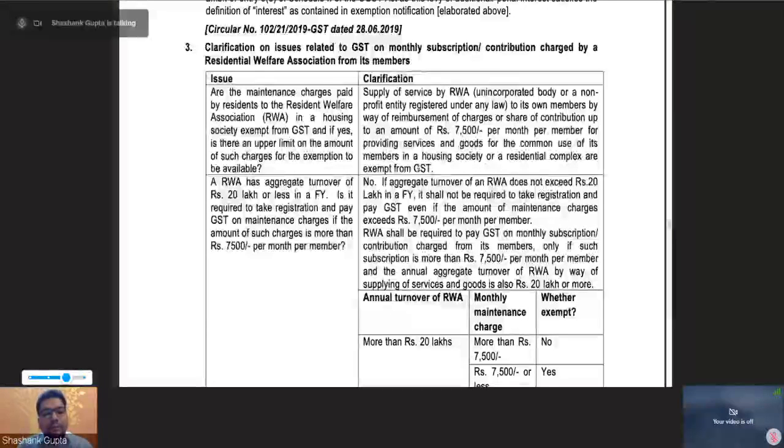Next question was, a RWA has aggregate turnover of rupees 20 lakh. 20 lakh meaning it is below the threshold limit of registration. But some of its members are making contribution 10,000 rupees, 20,000 rupees. But the overall receipts are